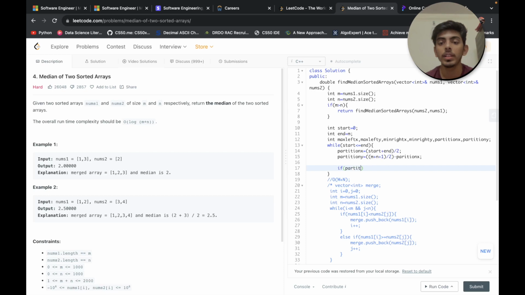We have partition over here, start plus end by 2, which is 0 plus 2 by 2, 1. After that, we have to initialize max left x. So what we need to check over here is